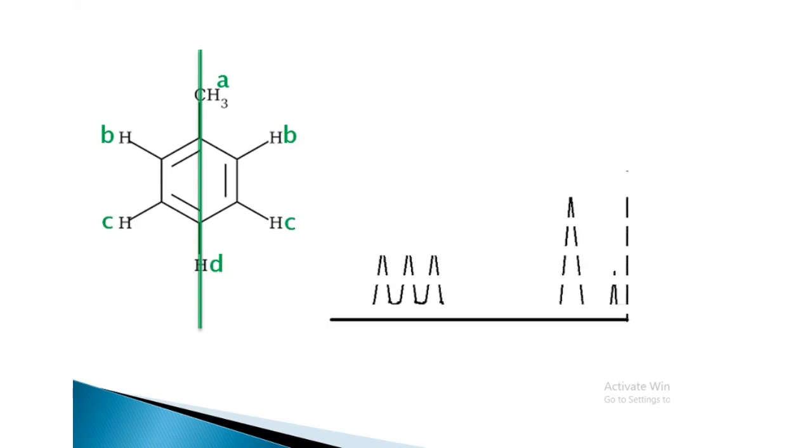Now let us see this example. We have a toluene molecule here. This molecule has a plane of symmetry. So this hydrogen we will label as A-type hydrogen. That makes these 2 hydrogens B-type hydrogens, and these 2 hydrogens C-type hydrogens because they are different. And this hydrogen is the only one which is lying on the plane of symmetry, and that is the D-type hydrogen. And if we see a rough sketch of this molecule, we will get 4 peaks.